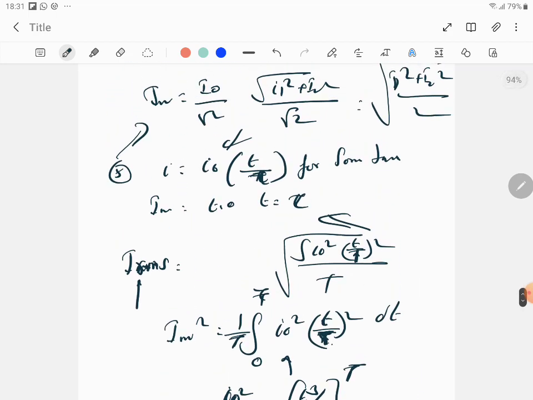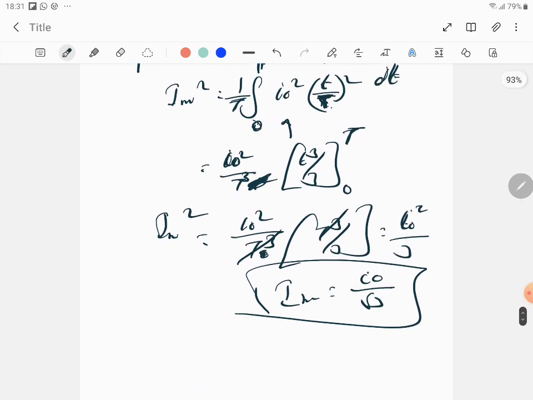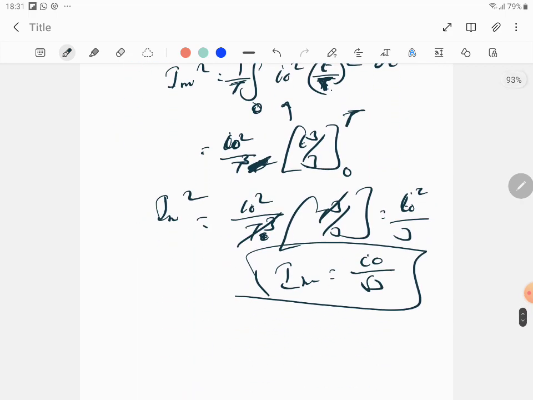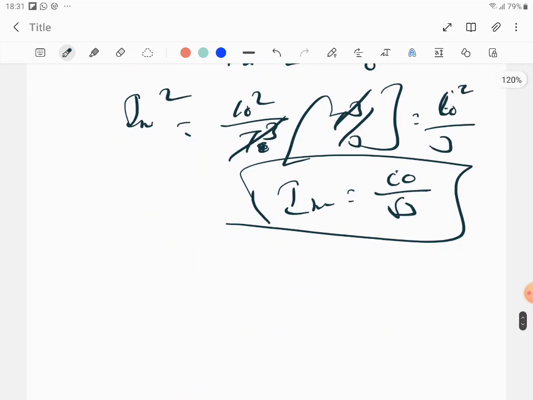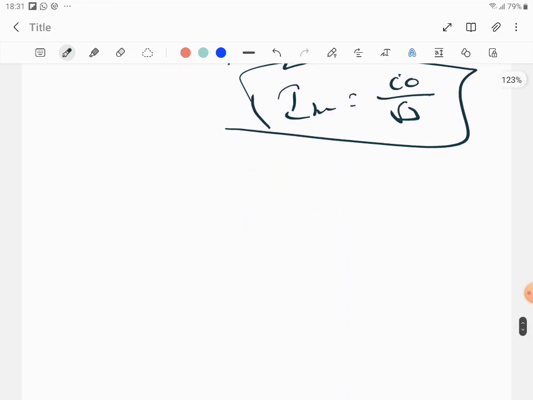You understand? Root mean square value: this has been squared, and you don't know the time, so you integrate over the whole time period tau, from 0 to tau. In doing so, you get it. Are you clear? This is only for entrance exam preparation, not for board preparation. So let's go to the next question.